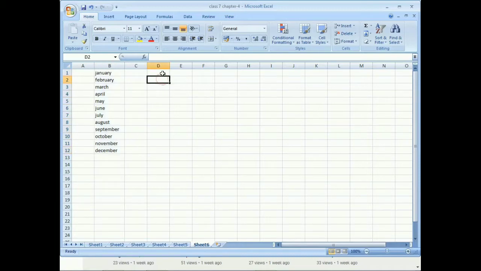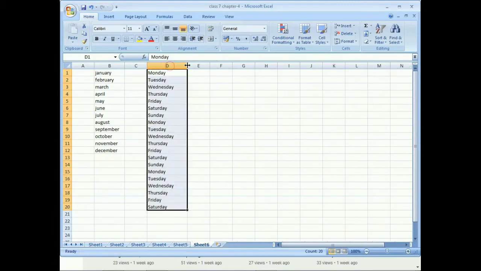Now again I'm going to tell you the next thing. Suppose that I want to type here Monday, and then again click on that cell. Now you can see the pointer at the lower right corner of the cell, and the mouse pointer again changes into the thin black plus cross sign. After that you can drag this.